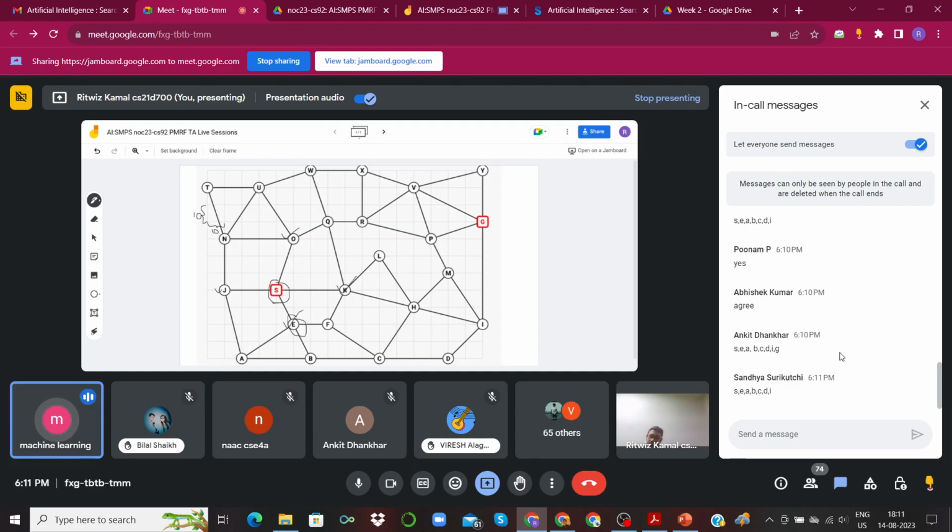Suppose from S the smallest distance is to city A, so I take A. Then from A, P came, so I take P. From P, M came, so I take M. And in that way I'm going. And if I cannot cover all the nodes, is it a traveling salesman problem?